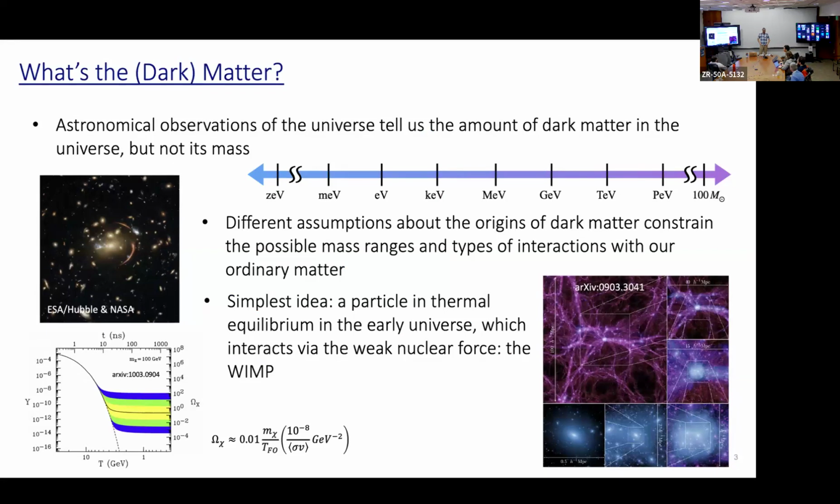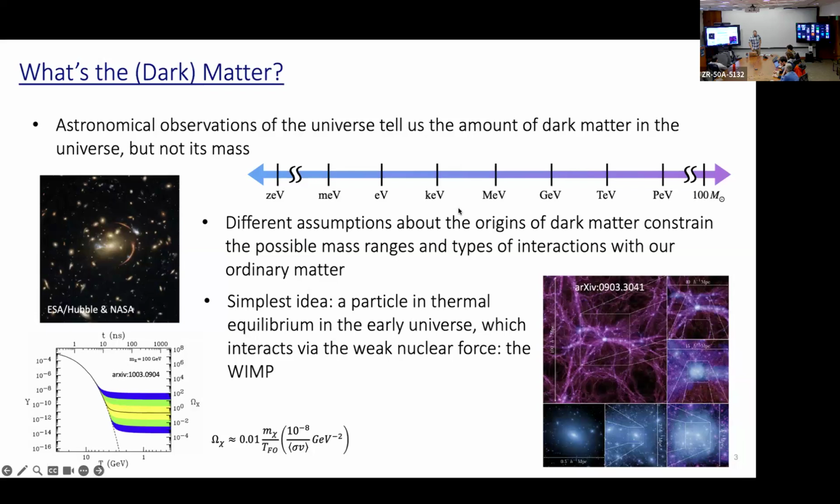We do know a few things about dark matter. Mostly we know how much there is in the entire universe. So we know the density, but we don't know the mass of the dark matter. It could be a lot of something that's very light, or it could be a little bit of something that's very heavy. And the available mass ranges that it could be I've shown in this little cartoon, say 40 orders of magnitude. Actually, no, it's way more than 40 orders of magnitude. It could be basically any mass possible.